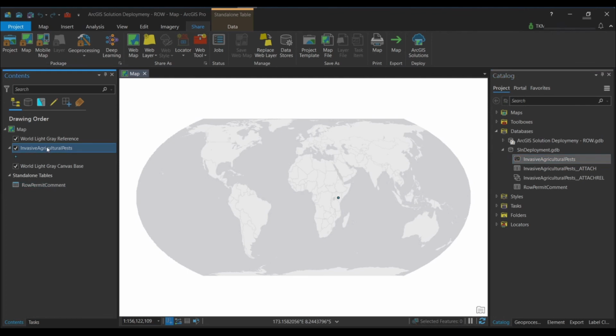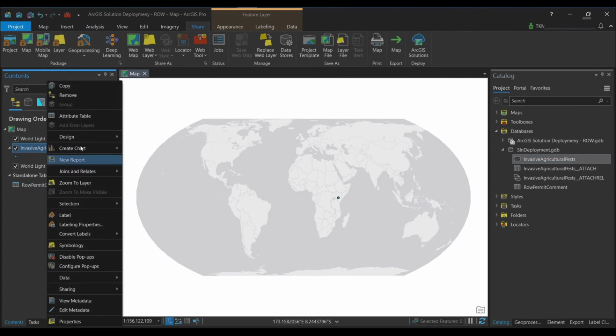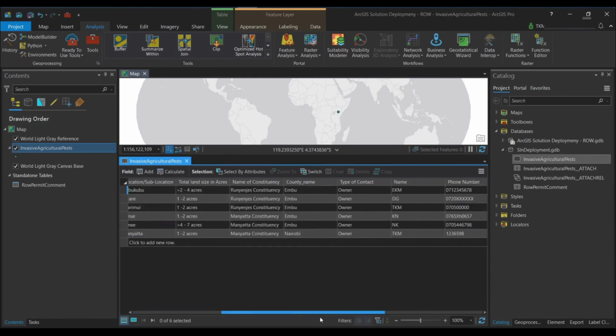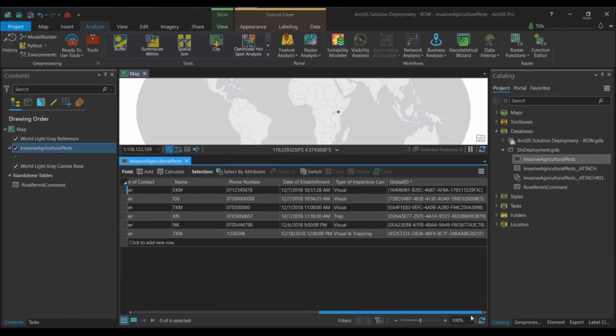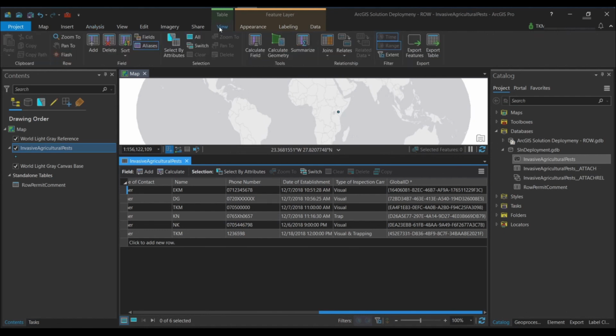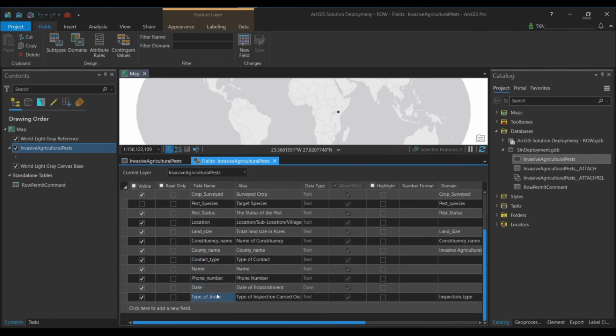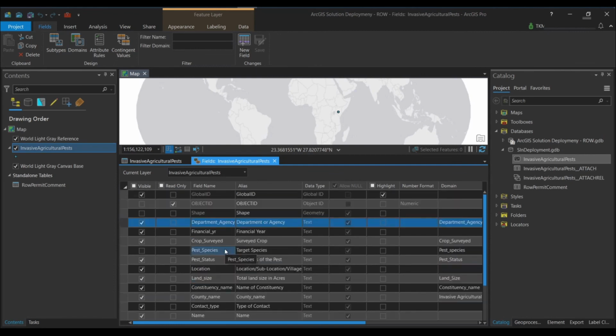Once you're done with running the tool, you can go back and verify if you have your global IDs by opening the attribute table. Now you can see we have the global IDs. That's a crucial thing that you need to verify that you do have. Alright, we have the global ID field here, you can see. I'm going to save that,